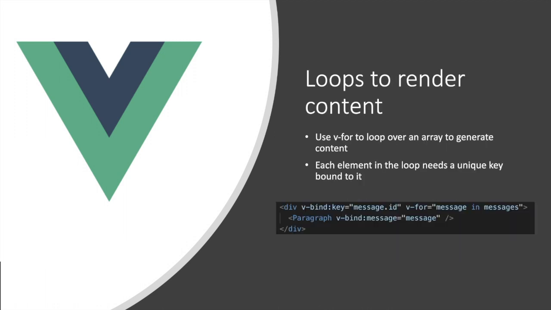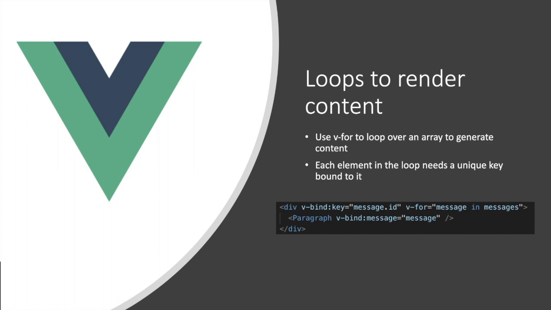Next up, loops. This is an example of a loop. It's essentially just a normal programming for loop. We've got an array here called messages. For every message in messages, we're going to, in this case, create a paragraph and bind the message as a prop to here. The thing about for loops in Vue